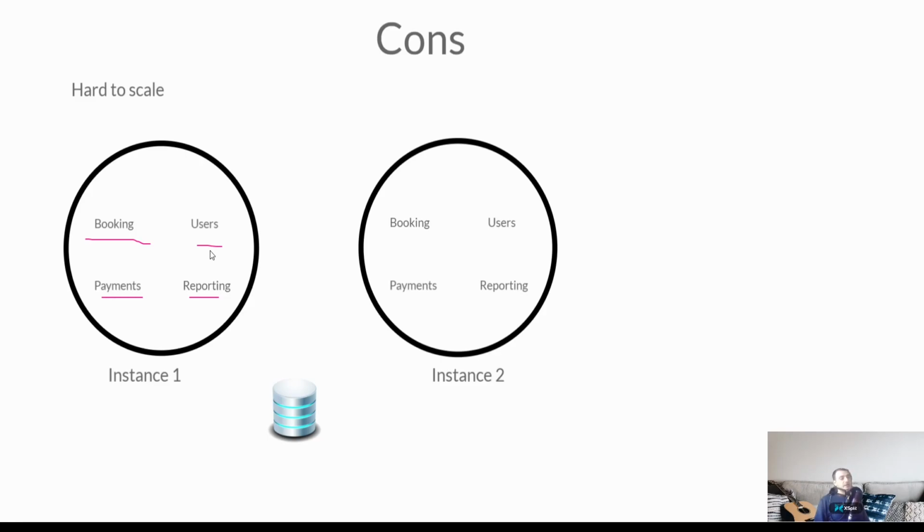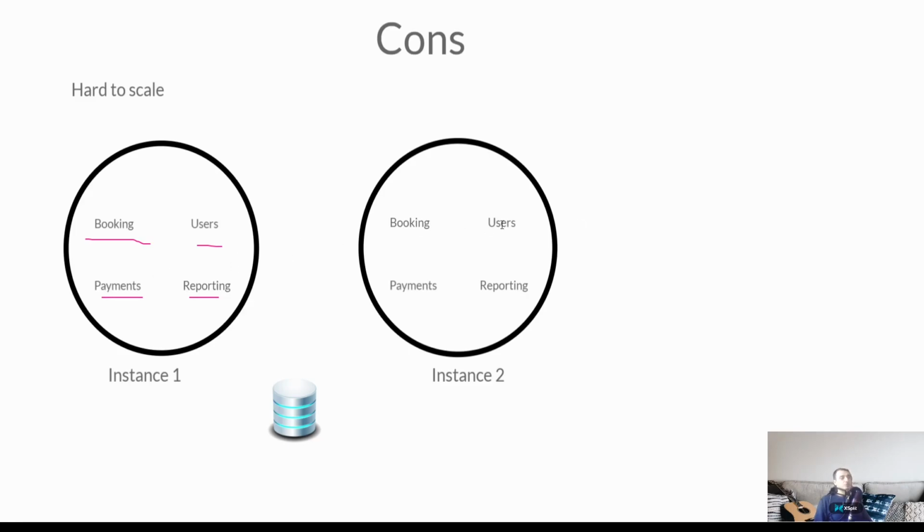One more thing is that imagine the situation when we need to update something in the booking service. Just one line. What I need to do is to update or redeploy all instances, right? Why? Because other things are part of the same process, same artifact, same code base, right? So when I need to update one thing in one functionality, I have to redeploy all my instances, which is,